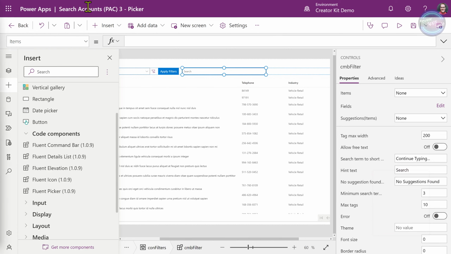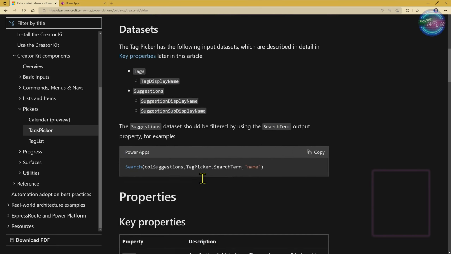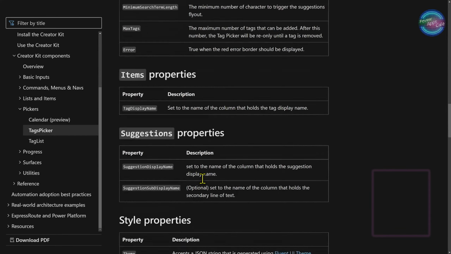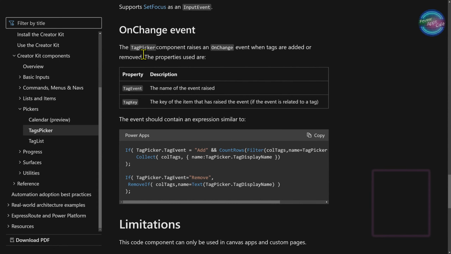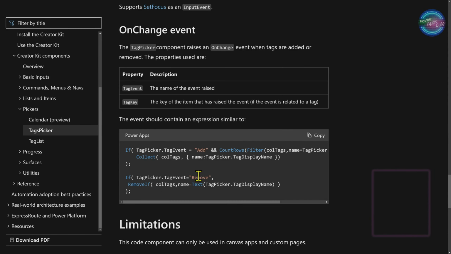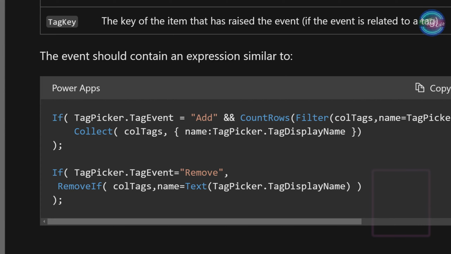If we look at the instructions here, the picker control has a little bit of code right down the bottom, which you would put into the onChange event, because the onChange event gives you a tag event and a tag key. When you select an item from the suggested items, the event would be add, and when you remove it, you can use remove.